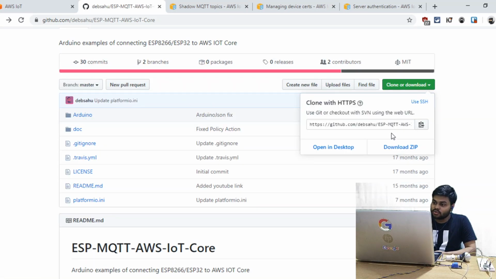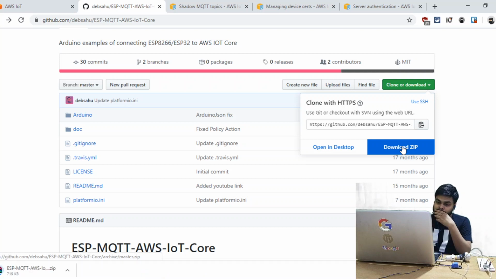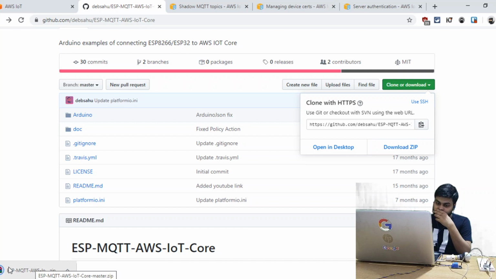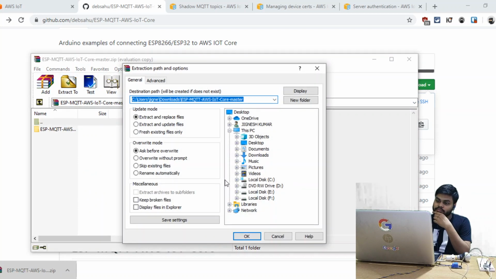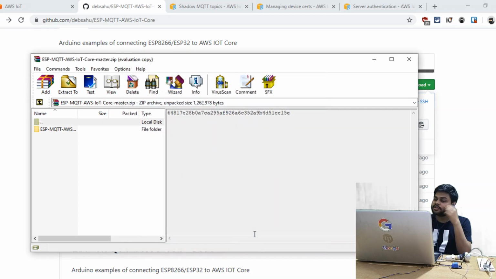First clone it or download it, download zip. Fine. So extract it in any directory. I am extracting it here.